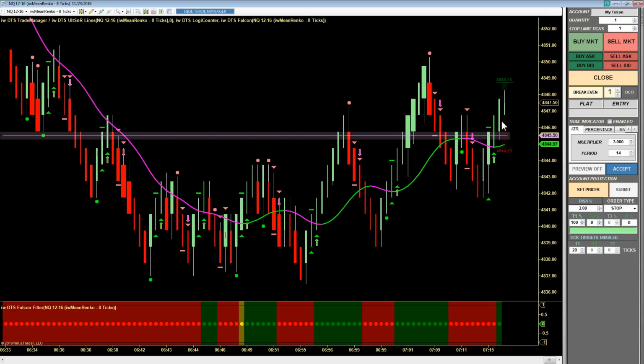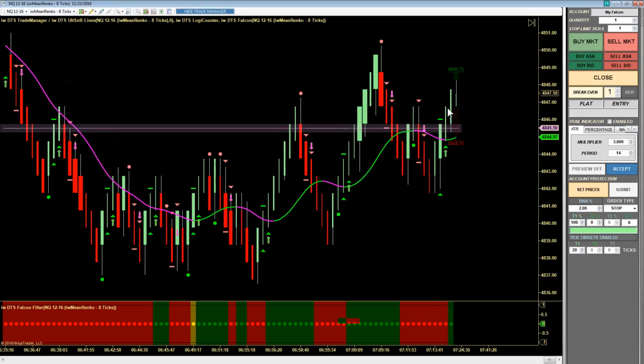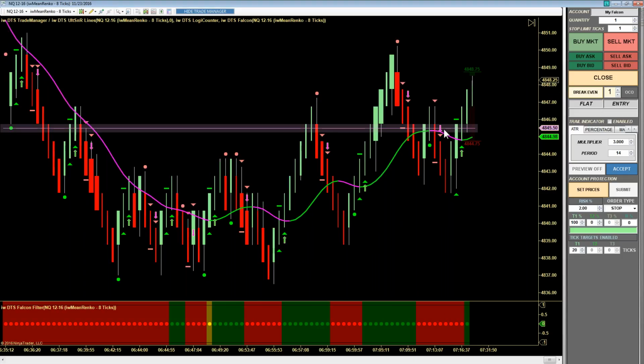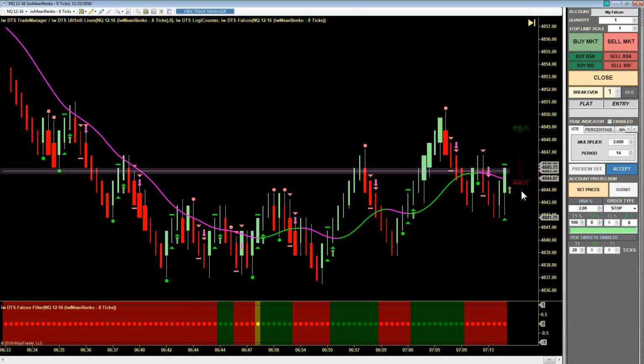Once we get above it, I suspect we're going to see the market get above, come down, retest it one more time, and give us a buy signal. That'll be a buy signal we can get on board with. What I'm waiting for here on the Falcon, you might be looking at this and saying, well, why didn't he take that buy signal? This signal here, even though it produced a,